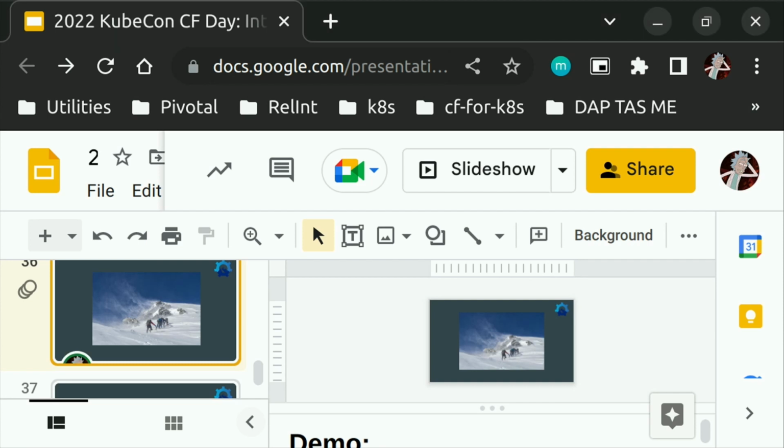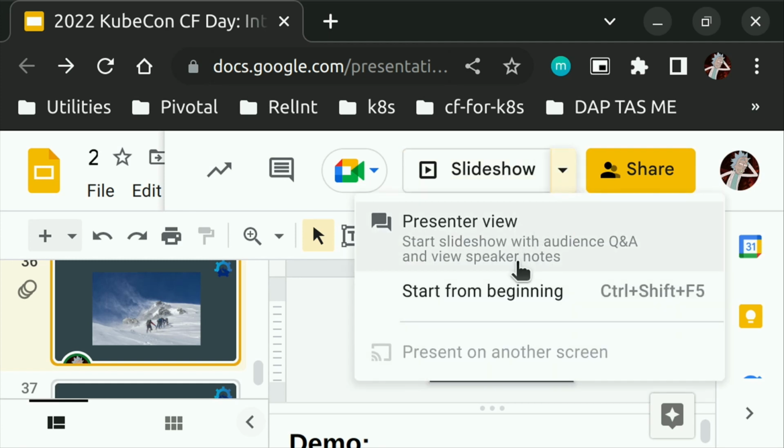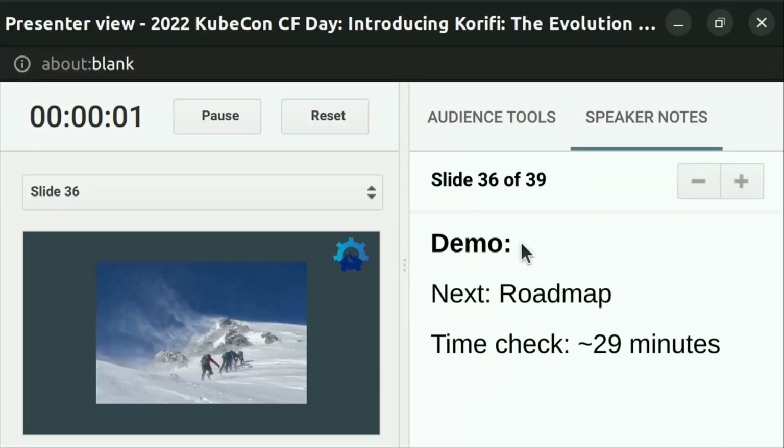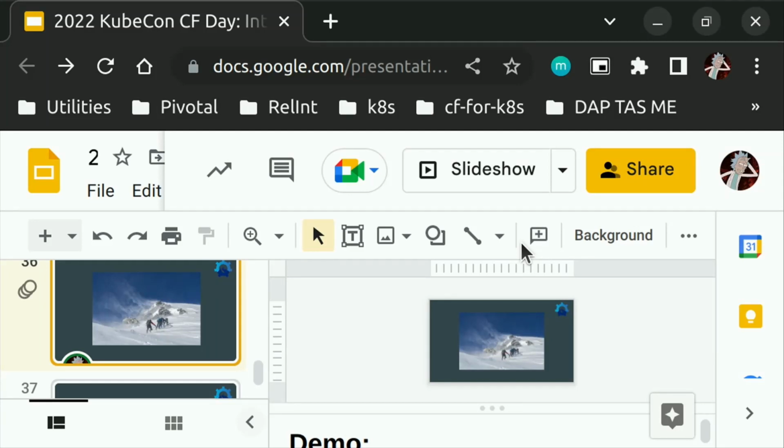If there are things that people particularly want, they can open issues on Korifi or open pull requests on Korifi, or even better, always looking for contributions. There weren't too many slides, and I kind of screwed it up by switching back and forth between stuff.